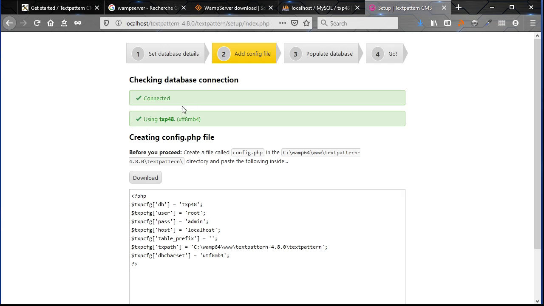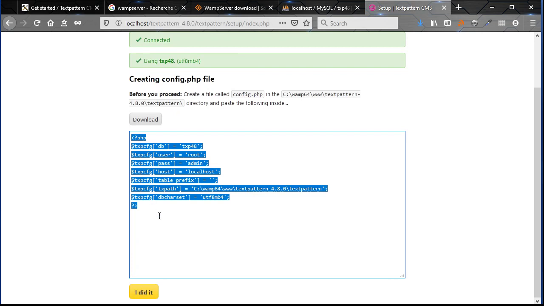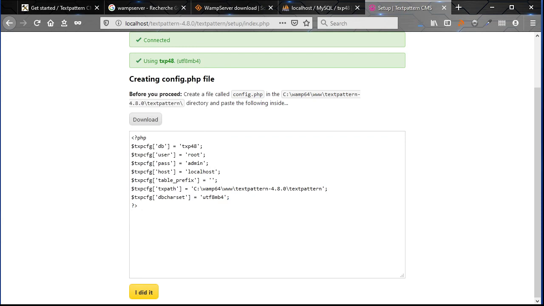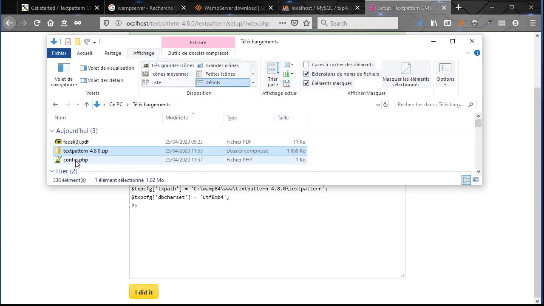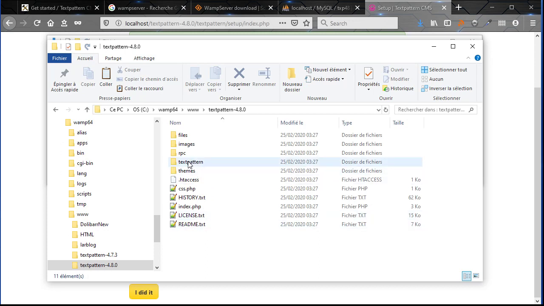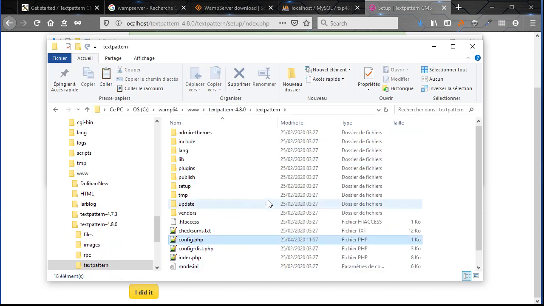Then it connected here correctly. You can either copy and paste the code here into a text editor and create a config file, or you can download it like here. You download it, then go to downloads. It is here, copy and paste into the www textpattern directory, inside the textpattern directory. Okay,